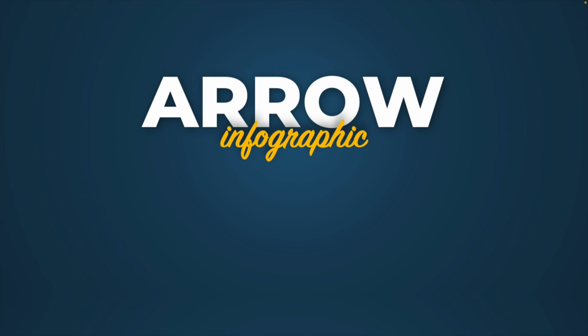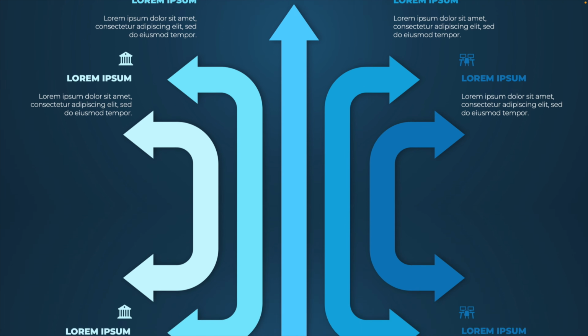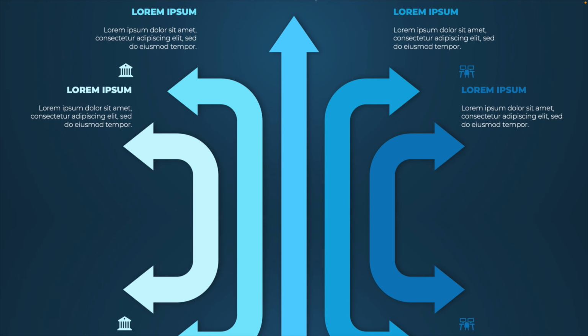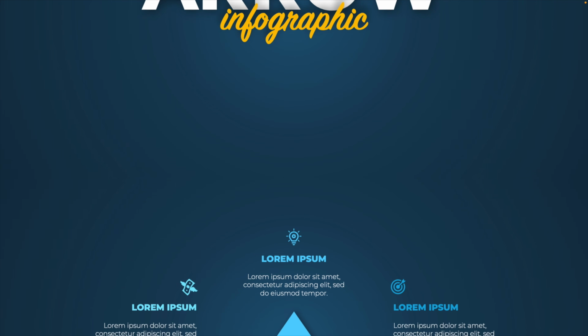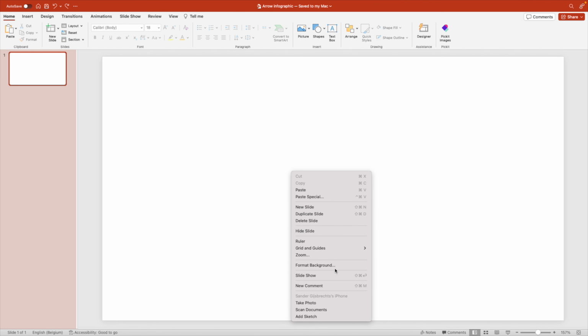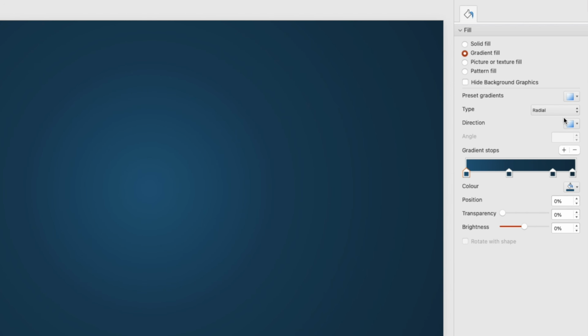Today we're learning how to make this beautiful animated arrow infographic in PowerPoint all the way from scratch, including both sides of the arrow so you can really customize it to your own needs. Let's start from a blank slide and we're going to right click Format Background and add a gradient fill. Here we're choosing the radial fill and we're going for a dark blue gradient radial fill with a light center